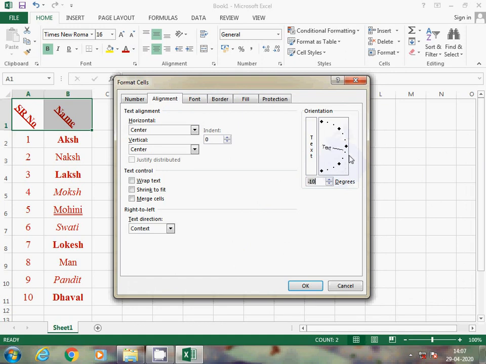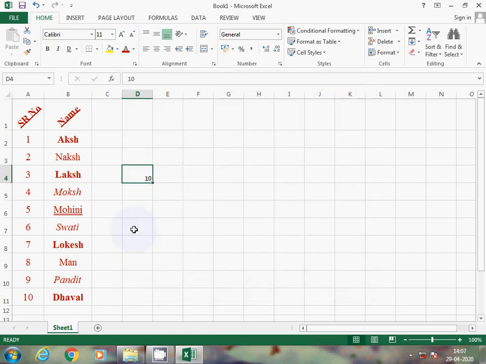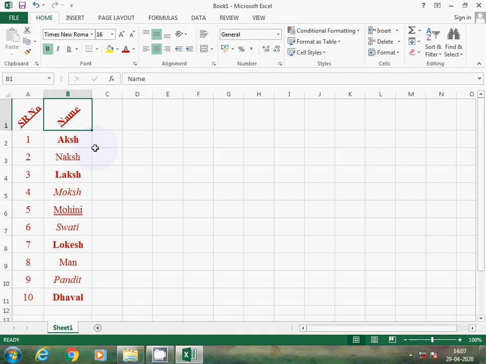Any angle you can convert, like if you want to display like this. Okay, so similarly you can change the orientation. This is called orientation, representing data in vertical or diagonal form.